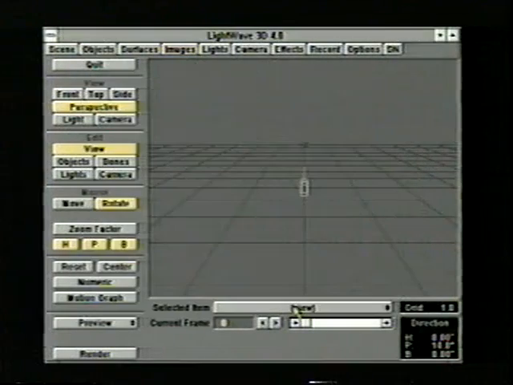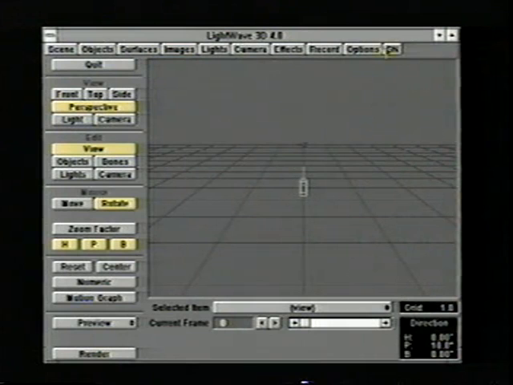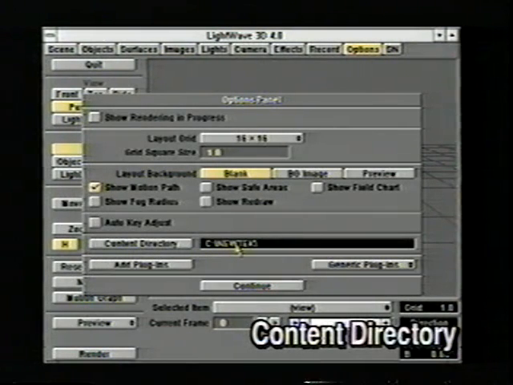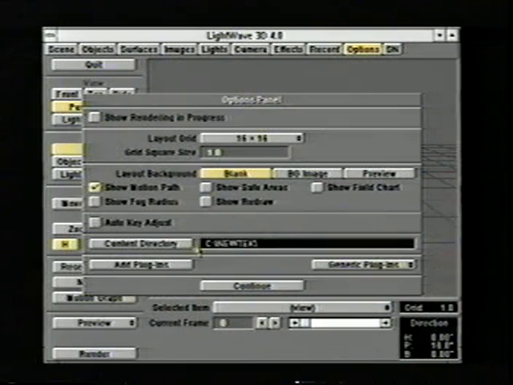The first thing we want to do before we begin is go to the Options panel. We're going to click on that and change where Lightwave looks for its content. Now the content is all of the stuff that you installed with Lightwave, including the images, objects, scene files, etc. By default, the content directory is set to C:\newtek. Now you may not have installed your Lightwave in C:\newtek. You may have installed it on a different drive or even in a different directory, so you need to tell